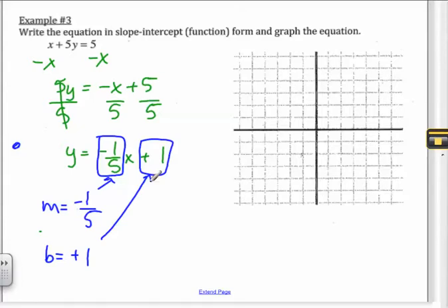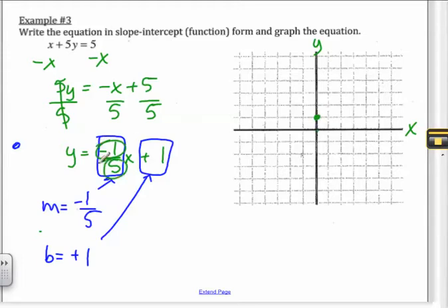What do I do first if I want to graph this thing? Ian? Find the y-intercept. Okay, and the y-intercept is 1. Here's y, here's x. So what do I do? Put a little dot at the 1 on y. Good. Where do I go from there now? Where do I go from there, Fredo? Go down 1, because it's negative 1. So I go down 1,